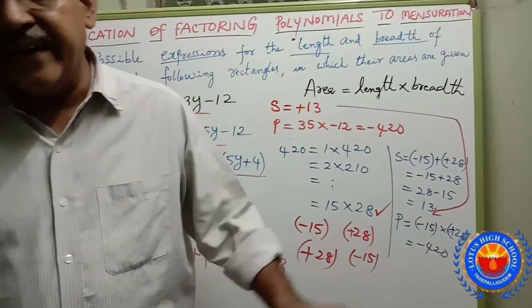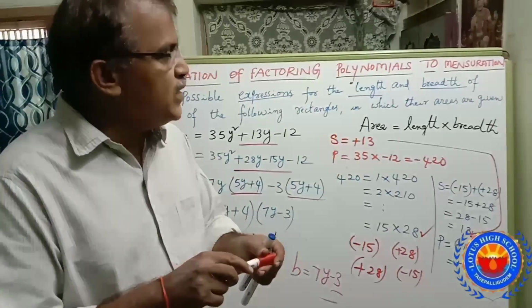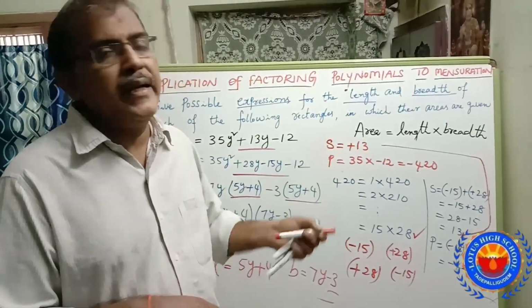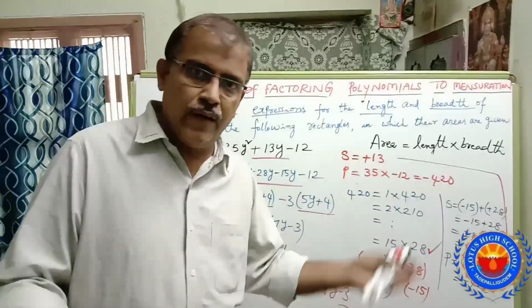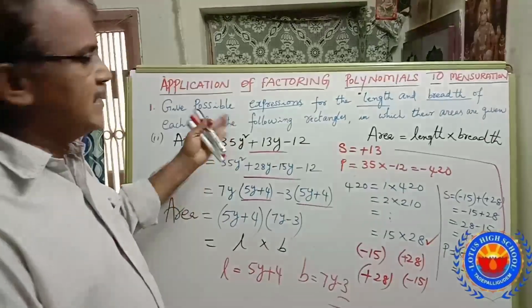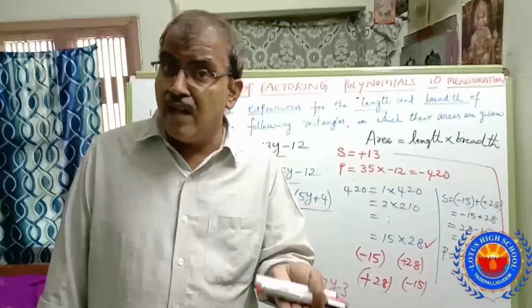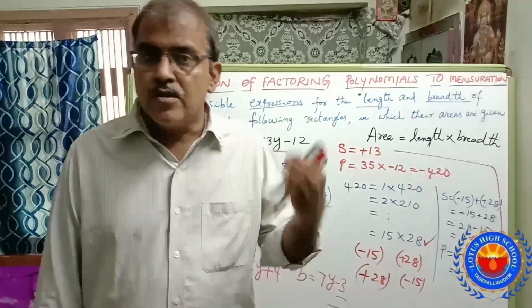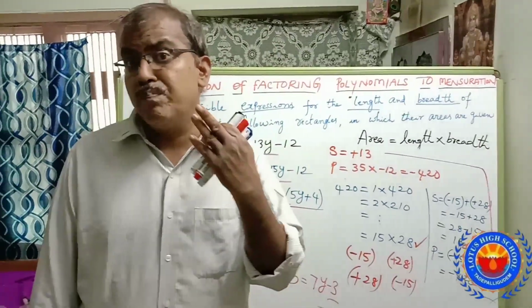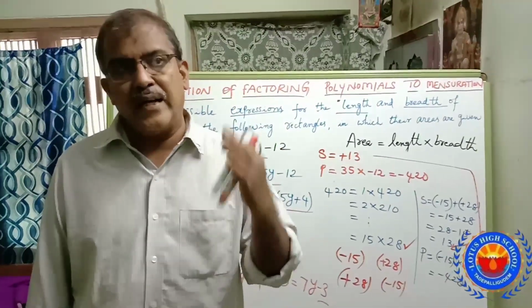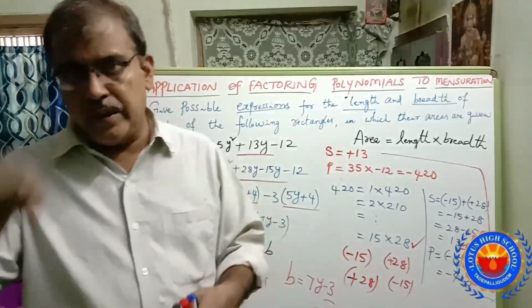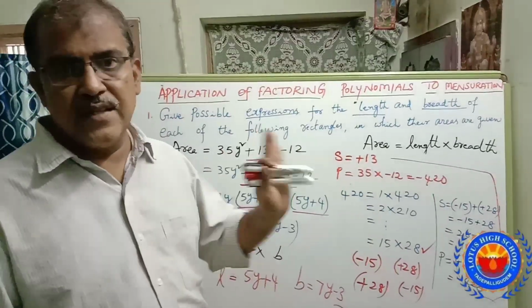Okay, we completed the first model by using the mensuration concept. That is nothing but area of the rectangle. Area of the rectangle formula: length into breadth. Given sums sometimes may involve splitting the middle term or perfect square concepts also. You know very well perfect squares, how to split it, how to do the factorization by using perfect square, so you can do that also. So this is the first model.